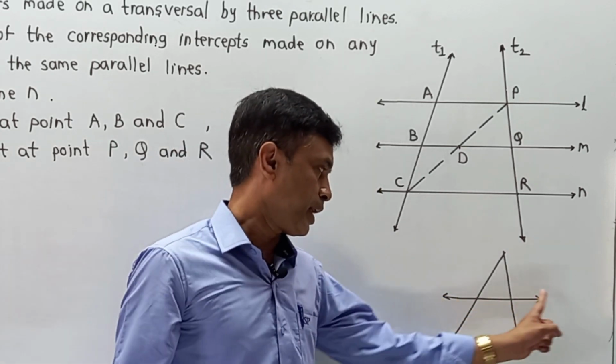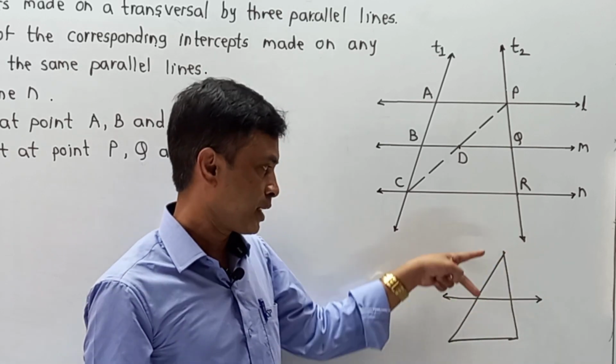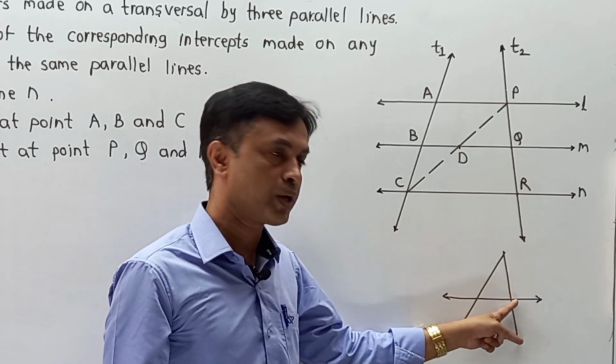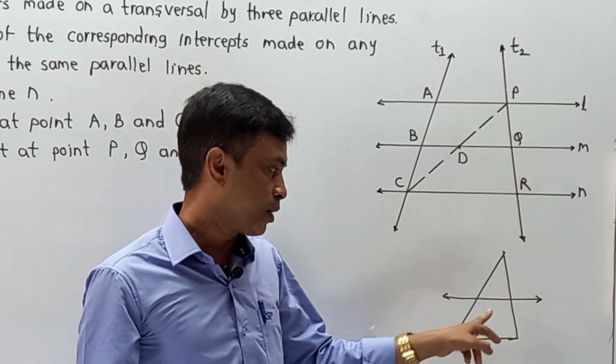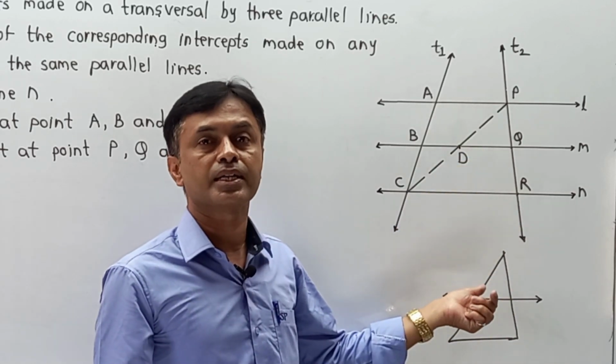If a line is parallel to one side of a triangle and divides the other two sides at distinct points, then the ratio on one side is equal to the ratio on the second side. Now I am going to use that concept over here. First of all, try to understand the part in reverse order.